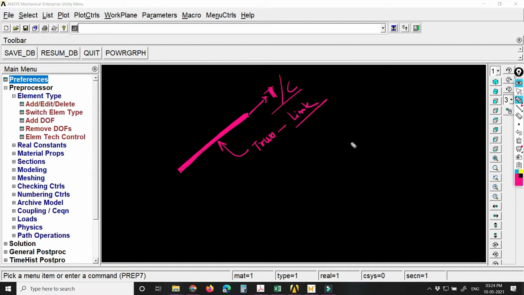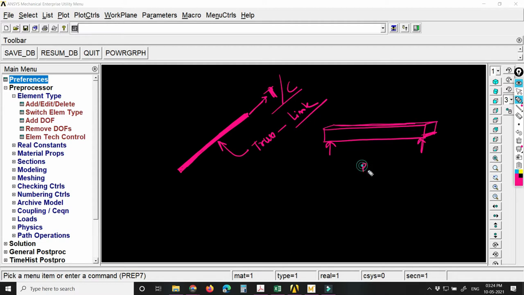And if I have a beam, what kind of forces act on a beam?